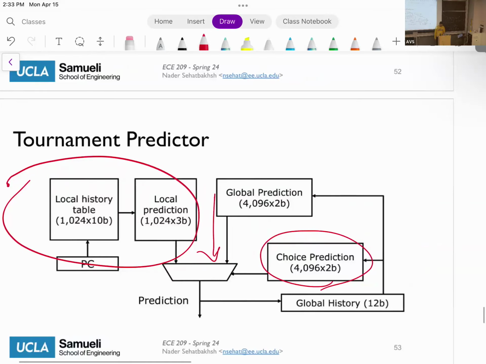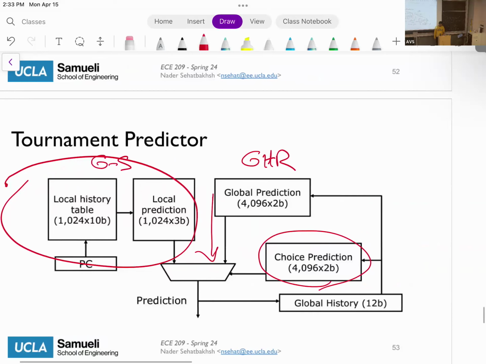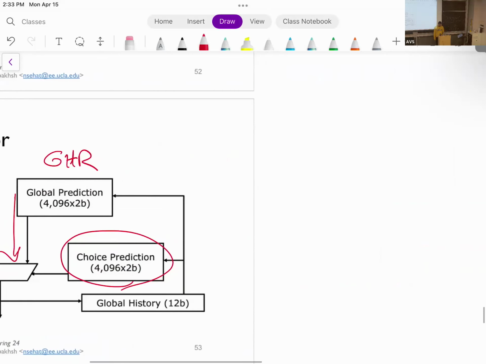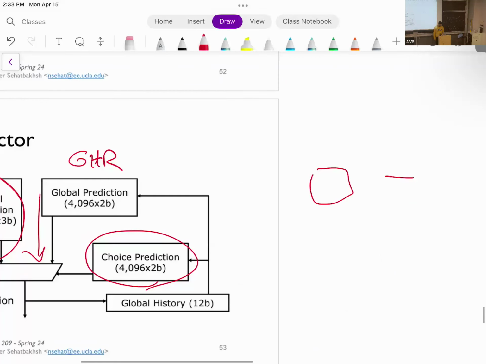So what I'm showing here is just looking at GHR as general history or as G-share type. But this is the original, what we call tournament predictor. The general idea is that if I have two different predictors, 1 and 2, I can basically have